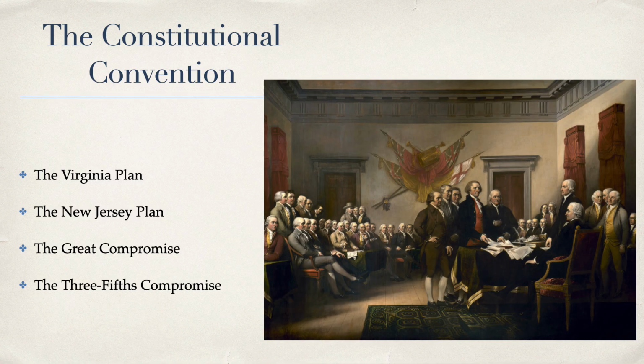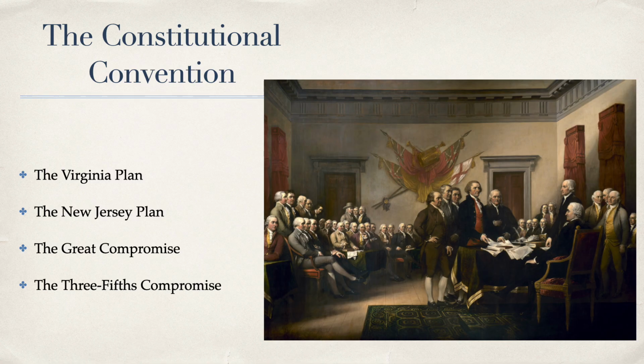And so because of that, we get the New Jersey Plan. And this was proposed by William Paterson of New Jersey. The less populous states feared under the Virginia Plan that the larger states would dominate. So what they proposed in the New Jersey Plan was a single chamber or house in the legislature, and there would be equal representation for each state regardless of population. So under this, with 13 states, they proposed, well, maybe every state gets 2 representatives no matter what the population is.